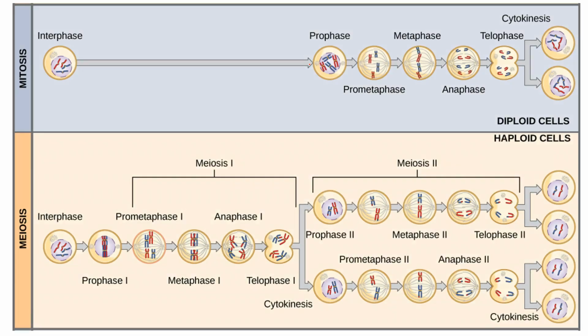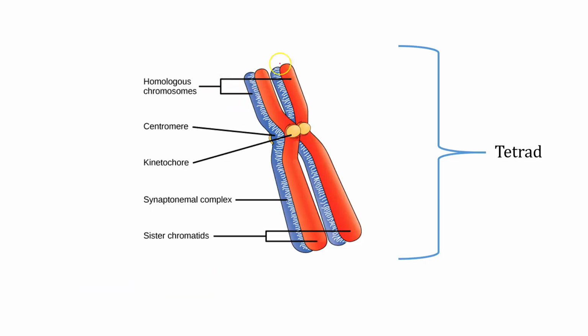The next reason why there could be some genetic variation between these cells has to do with what's going on right here in prophase 1, and then also in metaphase 1. What happens in prophase 1 is an interesting thing. The homologous chromosomes are actually going to, through a process known as synapsis, bind together. And so one homologous chromosome binds to its corresponding pair, and they form the structure called a tetrad,